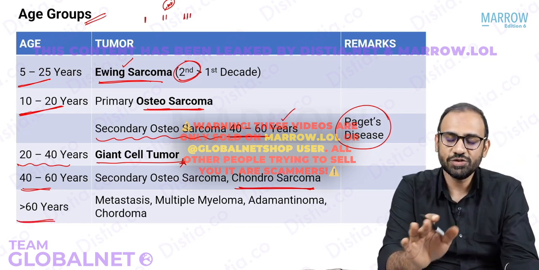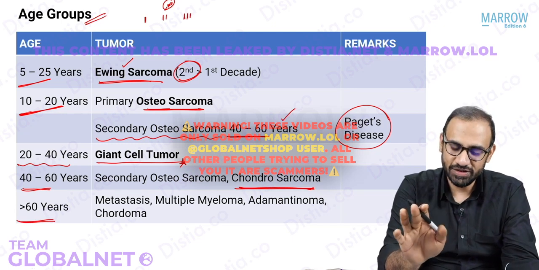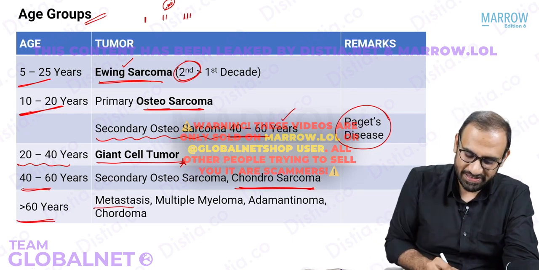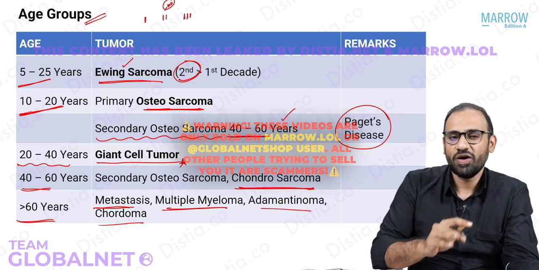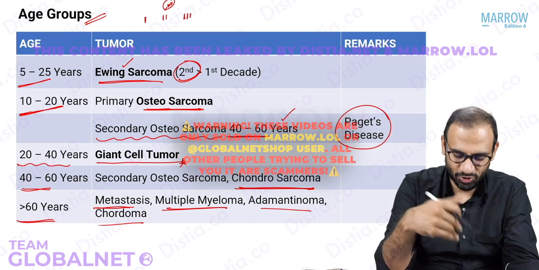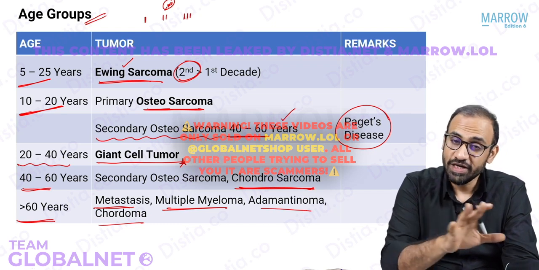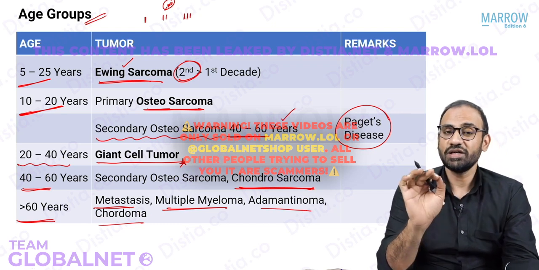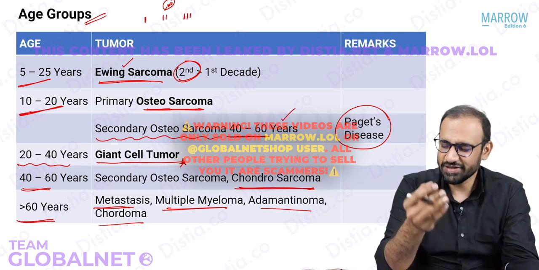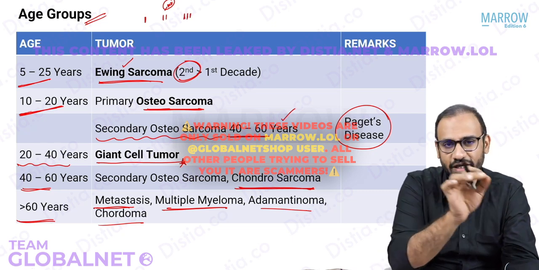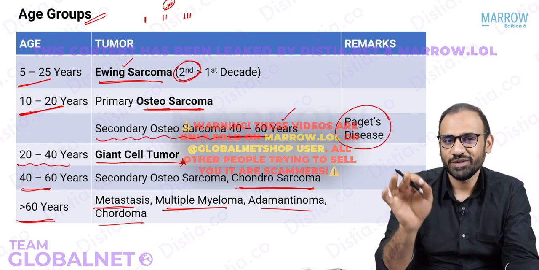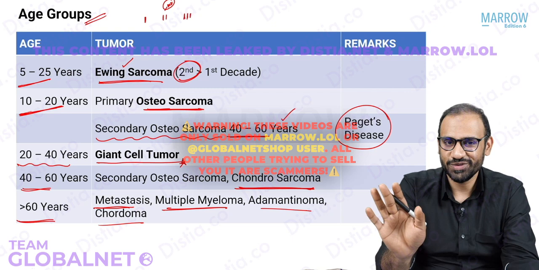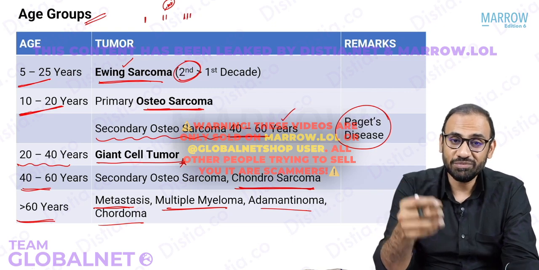So after 60 years, you get all dangerous and malignant tumors. These are, for example, metastasis, multiple myeloma, adamantinoma, choroidoma, all dangerous and dirty tumors, mostly metastasis. Okay, is this table enough for you to basically pick the diagnosis based on the age? The exam questions will be like this. They will give you an age, they will give you a site, they will give you a bone. Based on that, you will be able to answer a lot of MCQs without even knowing the depths of information